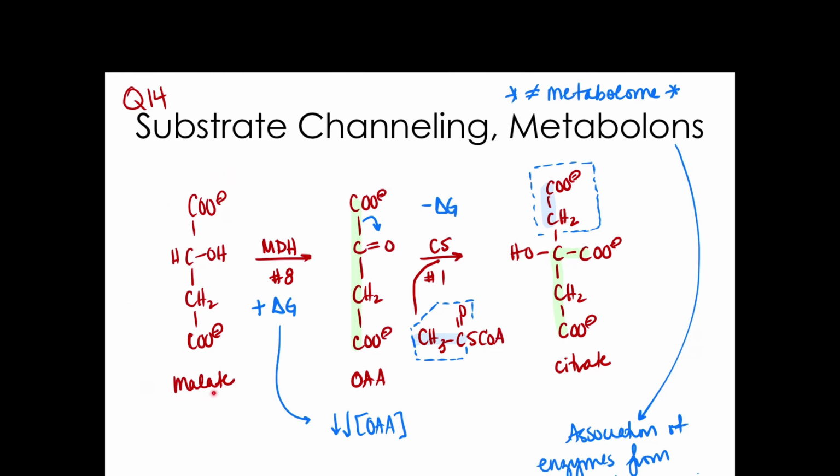Okay, so remember, malate is converted to oxaloacetate by malate dehydrogenase. This is a positive delta G, so we have very small concentrations of oxaloacetate that's being made by this process. So we kind of joked and said, oh, it's just this tiny little squirt of oxaloacetate that comes out. Well, if citrate synthase is actually connected right next to malate dehydrogenase, as soon as that little squirt of oxaloacetate comes out, it can take it and combine it with, I'm sorry, with acetyl-CoA, and